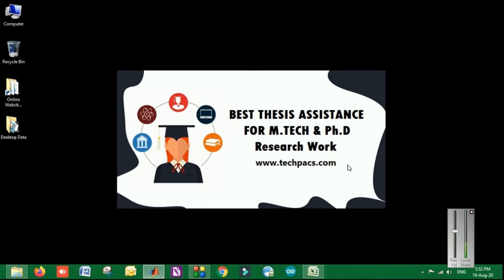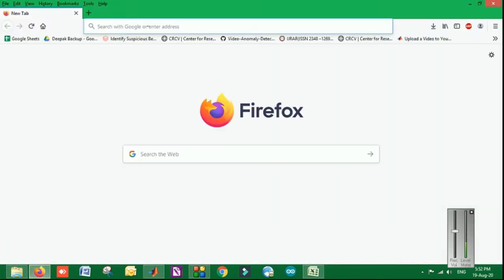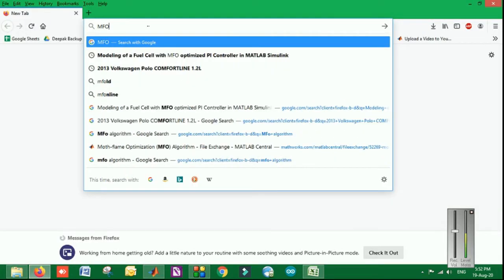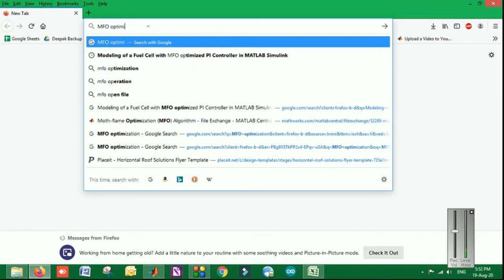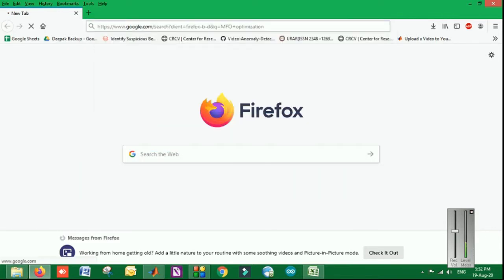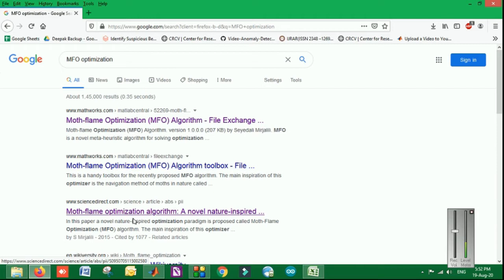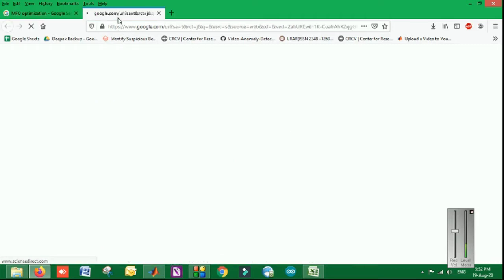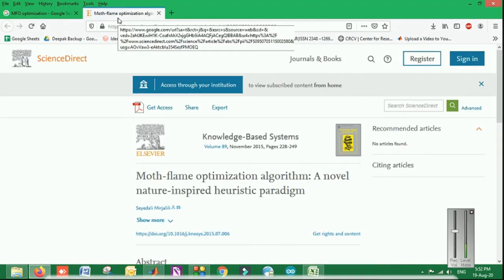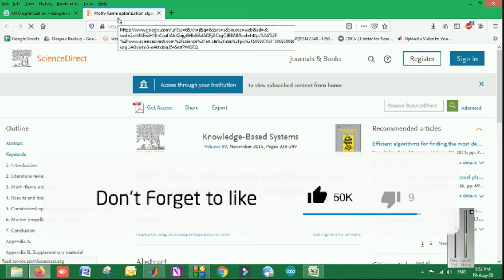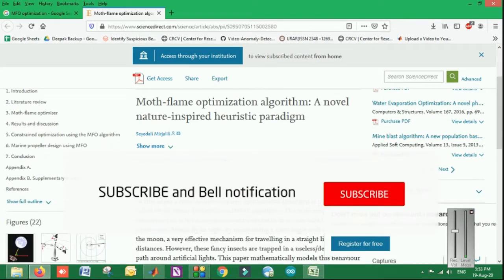Today my objective is to present to you one of the topics in MANETs, effective routing by using the Moth Flame optimization algorithm. What exactly is Moth Flame optimization? Let's have a look. The Moth Flame optimization algorithm is basically a nature-inspired algorithm which is used to solve a number of problems, NP-hard problems. You can read online about what exactly it is.